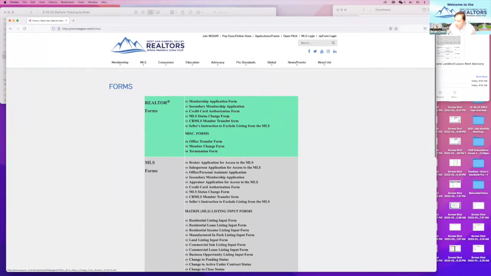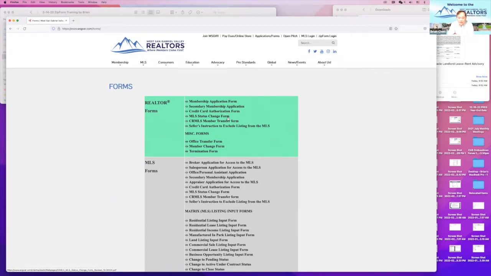You can download that form, fill it out, and fill in there what information you want to have changed, and then send it to the association staff and ask the staff to help you change those listing information that is in the final status, such as sold or expired status. Okay, one of the most frequent changes is that when you open escrow, you may have a